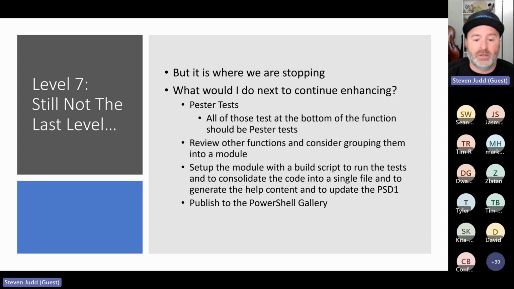Okay? And then I would publish it to the PowerShell Gallery because that's kind of the final destination for a lot of things. And now you're sharing it not just with yourself or your friends or your coworkers, you're now sharing it with the world. And so please don't publish your company's proprietary code. Yeah, I just had to PSA myself there, but yeah, publish it to the gallery. Even if no one else uses it, now you can do Install-Module from the gallery for your code. This presentation doesn't tell you how to do that either. Other presentations for that. And finally, profit.